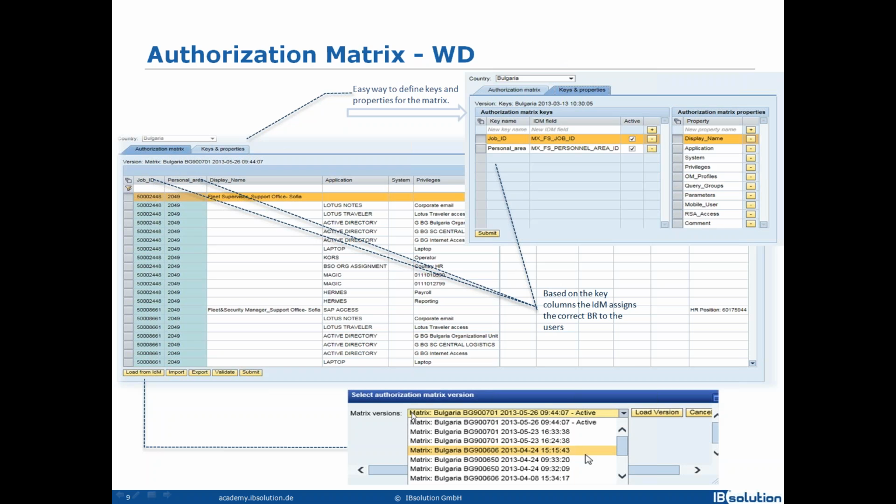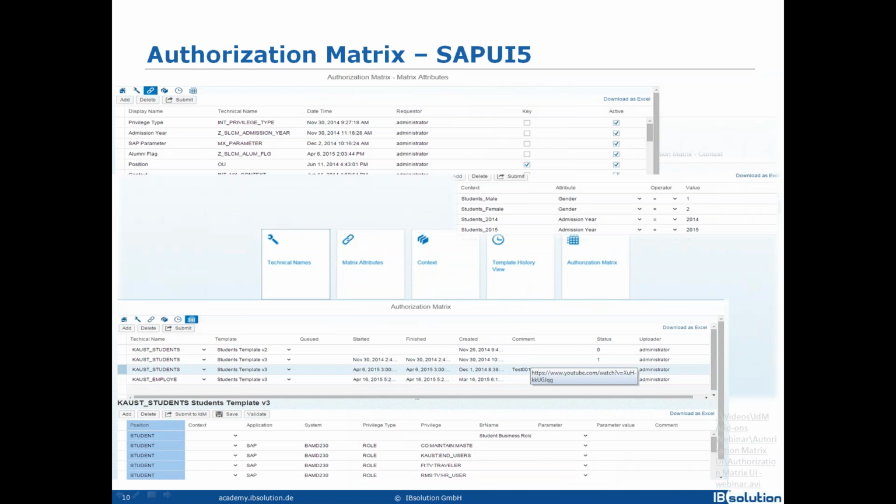As well, here we can see all of the loaded matrices, the old versions of the matrices we have loaded in IDM. On the next slide, we will see the same tool created on SAP UI5. The logic behind this tool is the same as the previous one, but here we have a little more options. For example, we have the technical names view, the context view, and the template history view, but again, the logic here is the same.